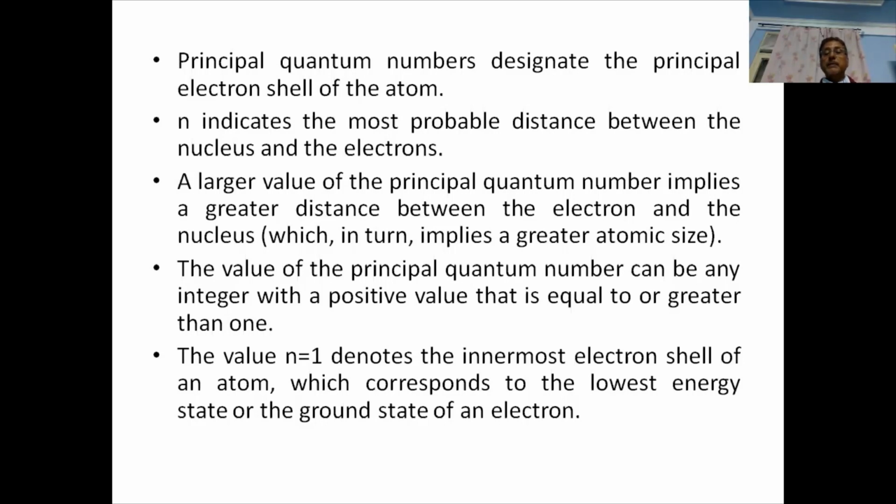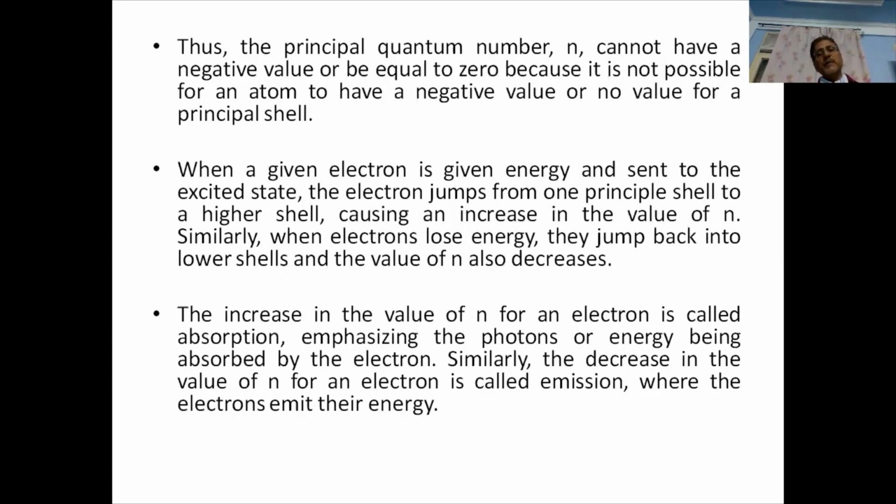A large value of the quantum number implies a greater distance between the electron and the nucleus, which in turn implies a greater atomic size. The value of the principal quantum number can be any positive integer equal to or greater than 1. The value n equal to 1 denotes the innermost electron shell of the atom, which corresponds to the lowest energy state or the ground state of an electron. In this way, the principal quantum number n cannot have a negative value,